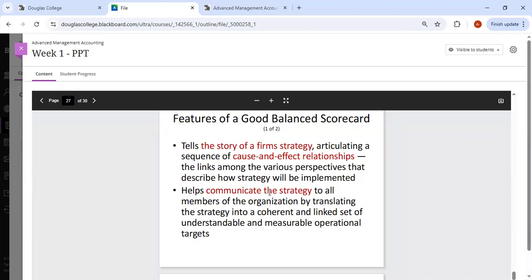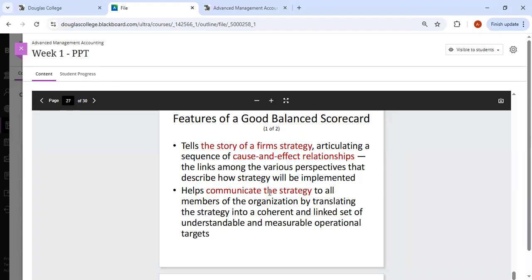So what will be the future of the balanced scorecard? Well, that will tell the story of the company strategy, and whether the strategy actually works. And that will use the cause and effect relationship. That is going to help us to communicate the strategy to all the members of the organization